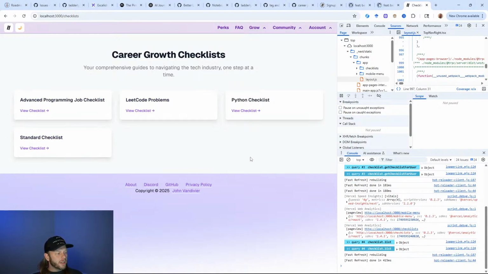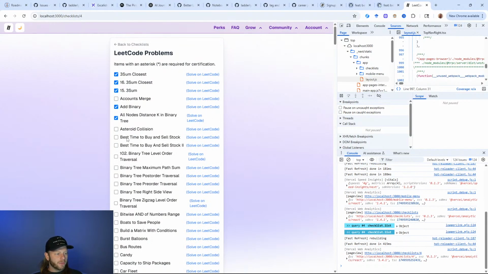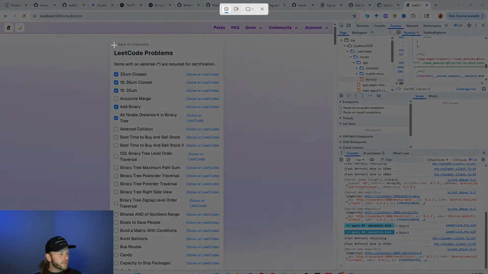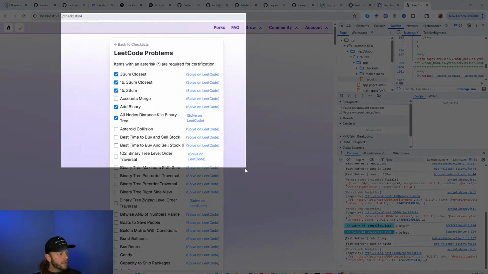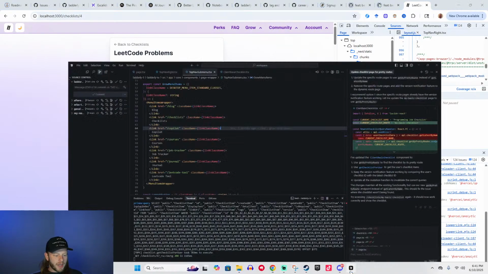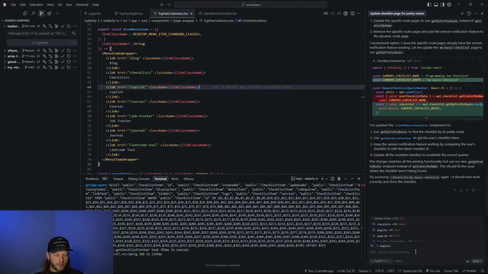And if I click here, it's going to be ugly. It's going to be ugly. Look at the solve on LeetCode. So this is ugly. Copy that to my clipboard, and we're going to go over to Cursor, and I will say